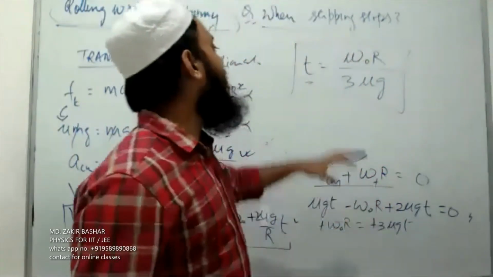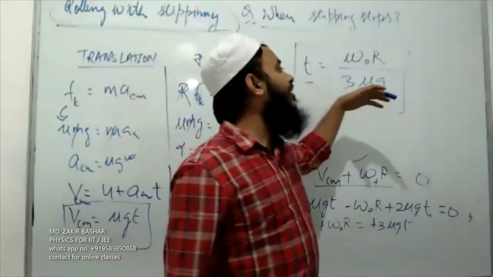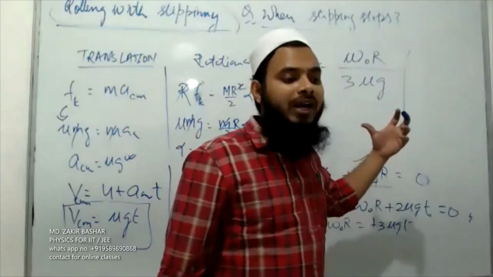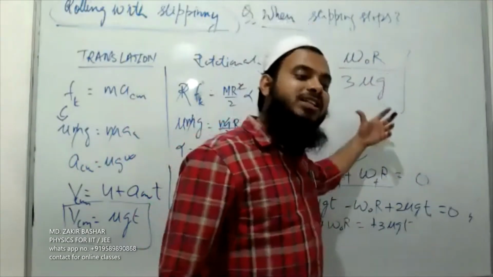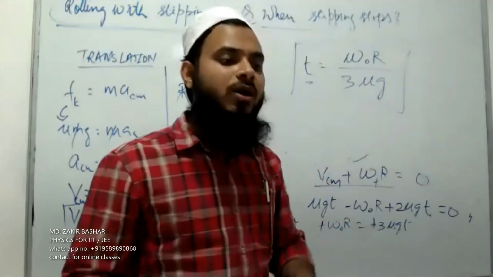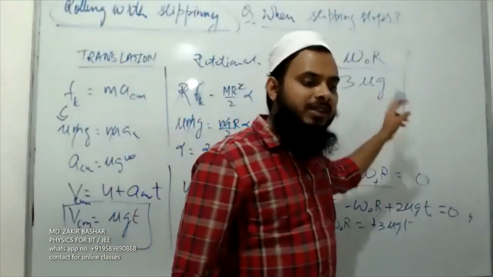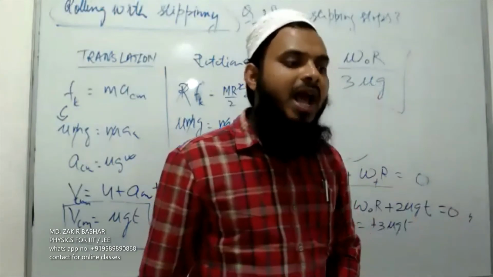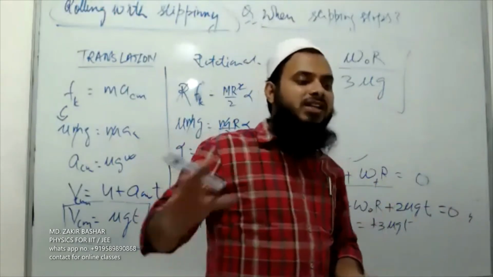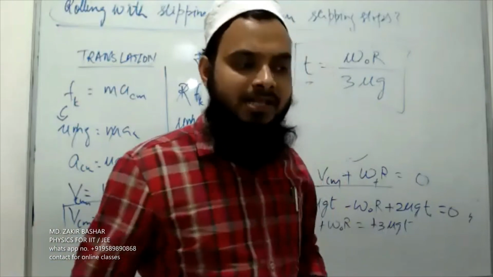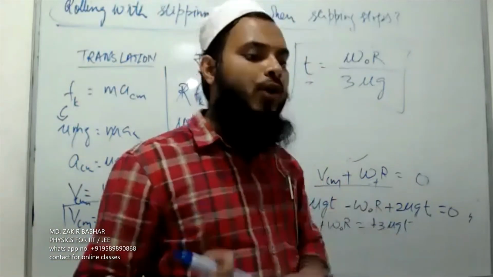So after this time, if someone asks what will be the value of kinetic friction after this second, the value of the kinetic friction is 0. Why will it be 0? Because at this second the kinetic friction achieves its goal, and we know that after achieving the goal, the kinetic friction leaves that place. So there are two very important points.